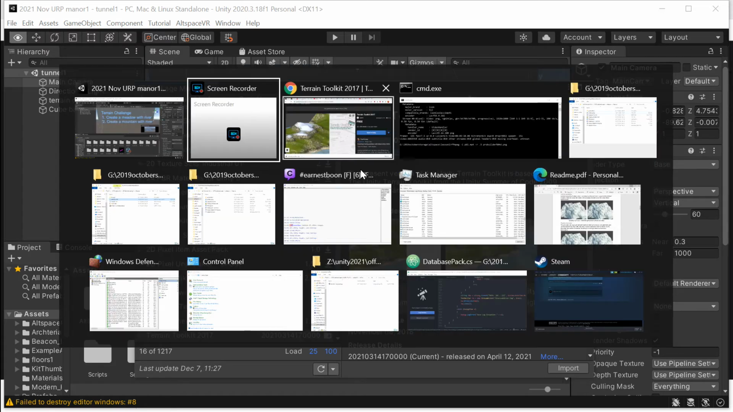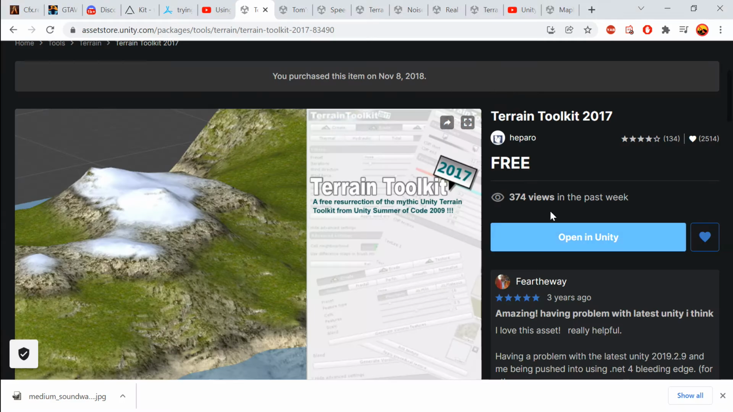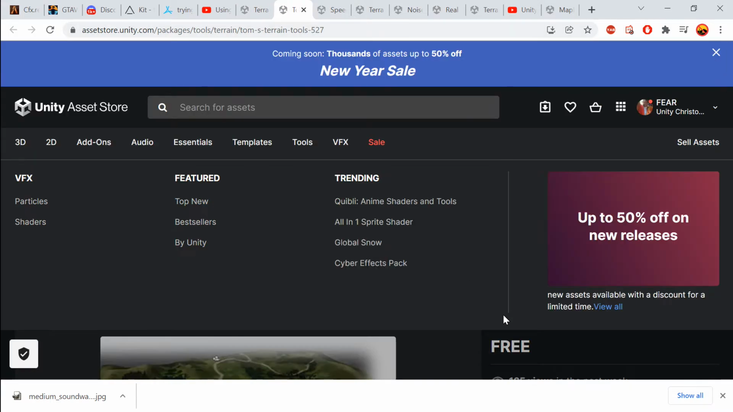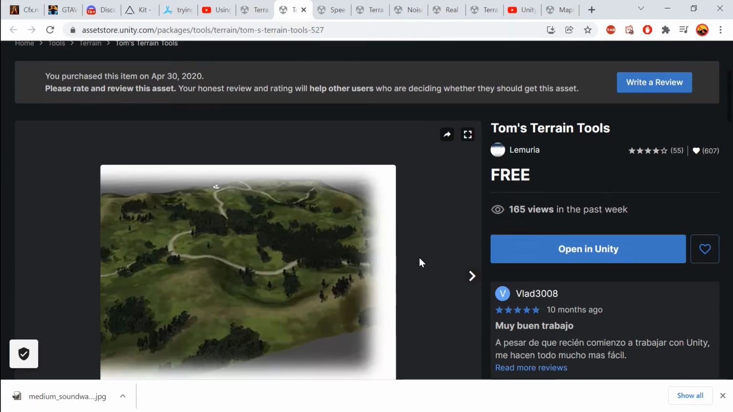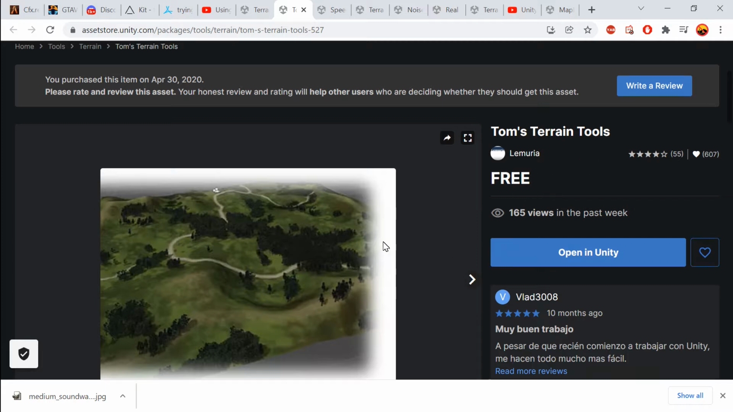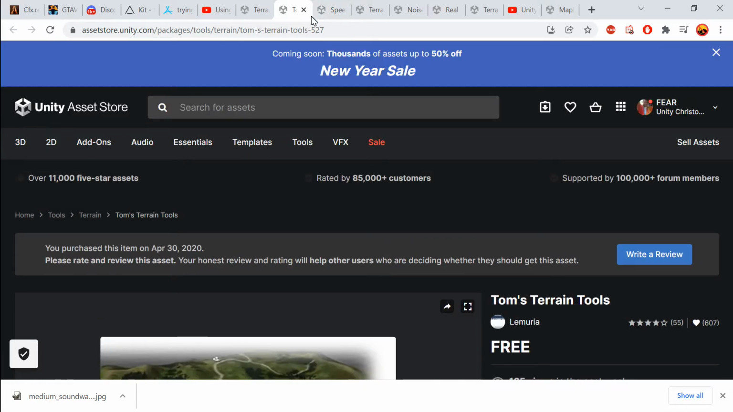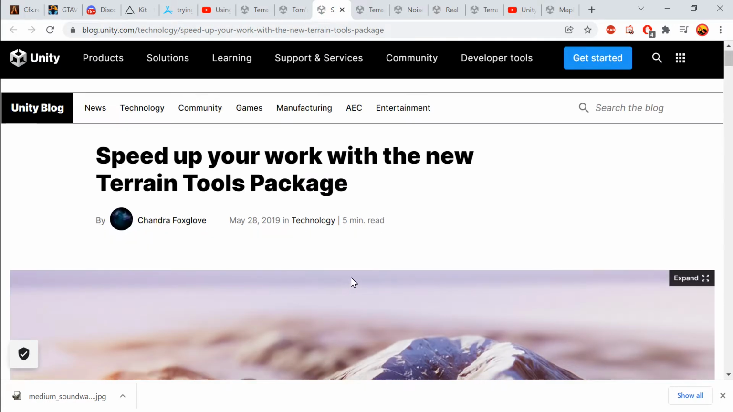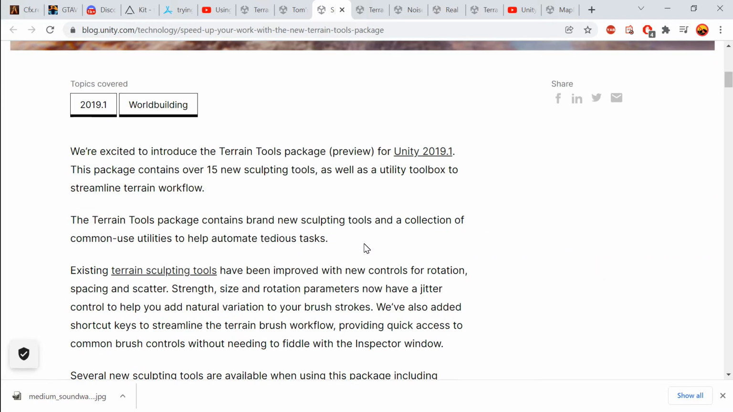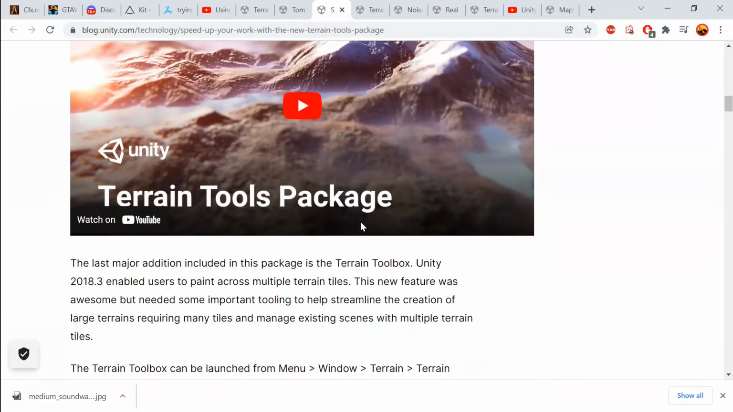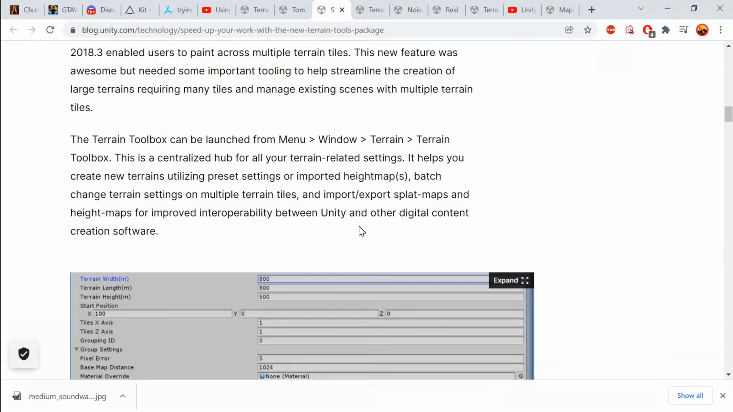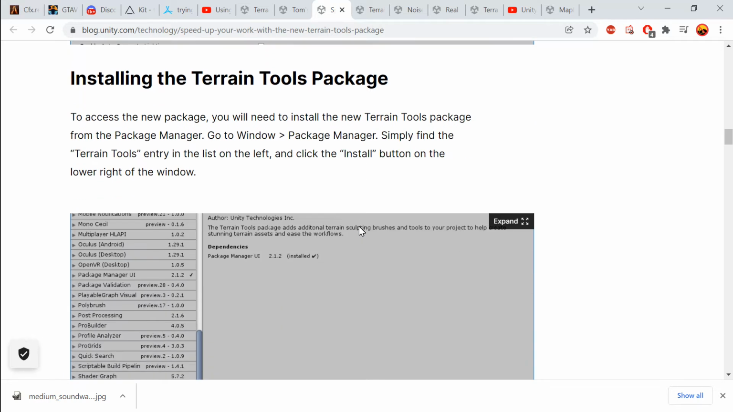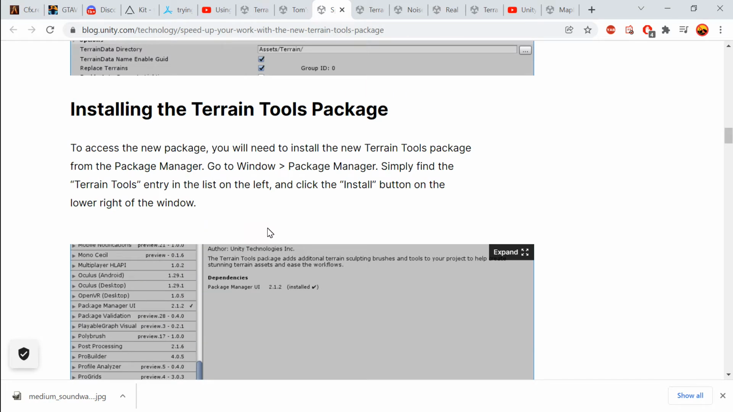So I'm going to go through the various assets that I used. Number one being Terrain Toolkit, which is free. Number two, Tom's Terrain Tools. It's another one for putting in paths and rivers. Then we're going to add the beta terrain sculpting tools in Unity, which you've got to add from the